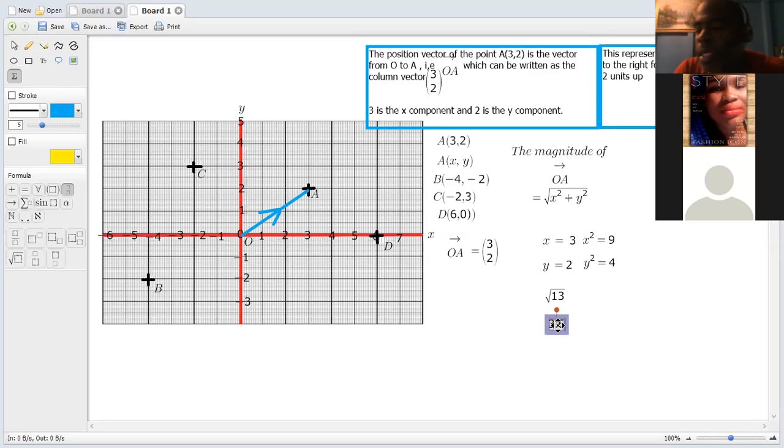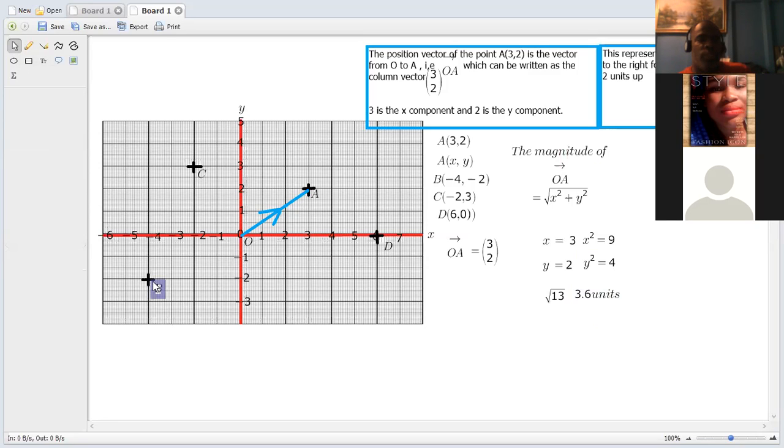So to one decimal place, the answer is 3.6. And if you want to put on this, 3.6 units. That is the magnitude of the thing. Alright, so you guys are going to find now the magnitude of